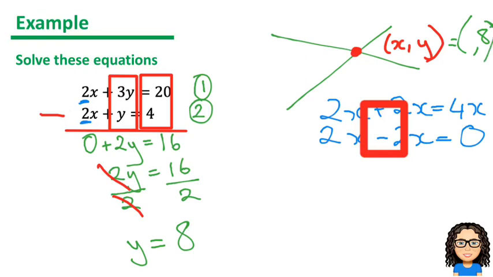Okay. I haven't yet got the x value though. I need to find my x value still. So what I can do now is I can substitute. I've got a value of y equals 8. I've got part of a solution. I could substitute that either into equation 1 or into equation 2. And then solve and rearrange. That's what I want to do now. So I am going to take that. So I'm going to substitute